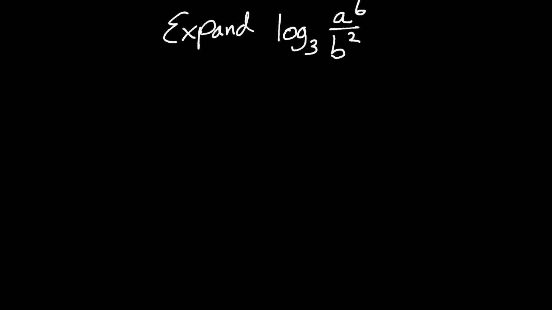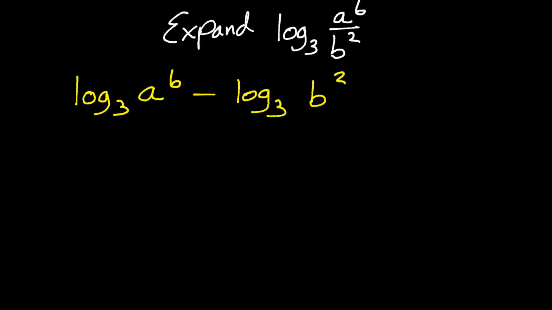So I'm going to have two rules to take care of, and I recommend, in this case, take care of the quotient rule first. So if I'm going to use the quotient rule, I have to split this up into two different logs. So it'll be the log base 3 of a to the 6th minus log base 3 of b squared. That's taking care of the quotient rule because I've split it up into two different logs and I'm using subtraction. They both kept the same base as they should, and now I can handle the exponent or the powers rule because both of these have